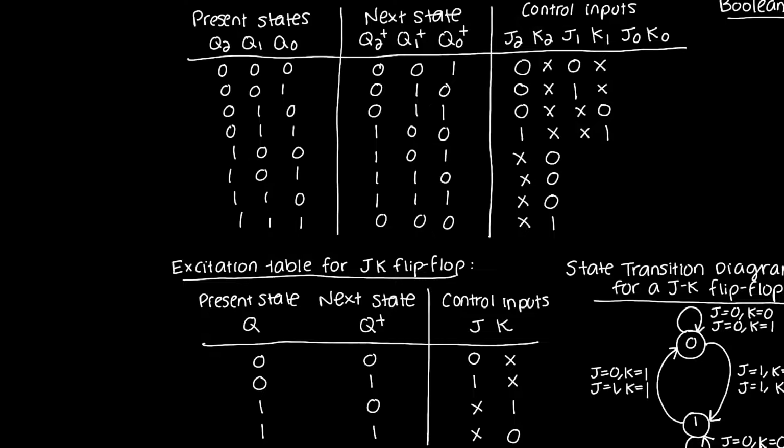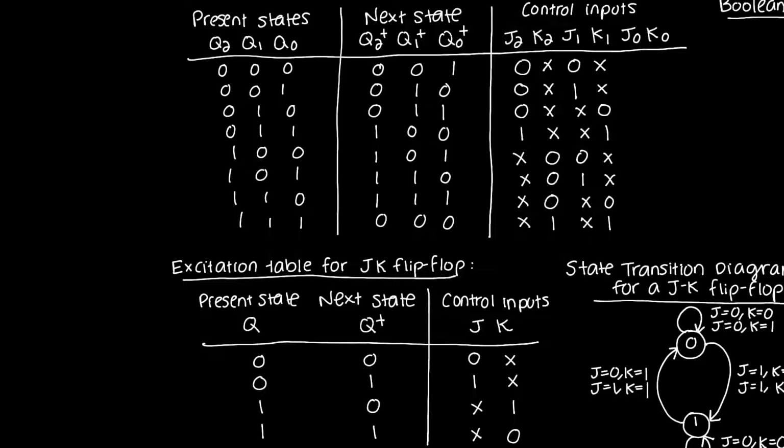And over here, 0 to 0, that's a 0x. Here, 0 to 1, that's 1x. A 1 to 1, x0. You're getting the hang of it, I'm sure, by now, so I'm just going to move a little bit more quickly. We've got an x1 over here. And now for J1 and K1,